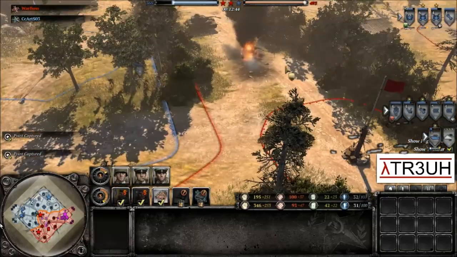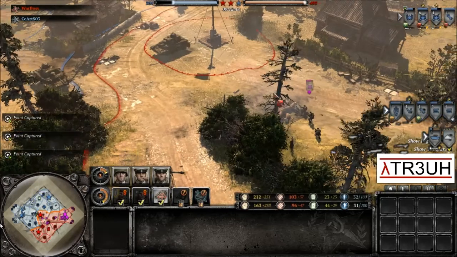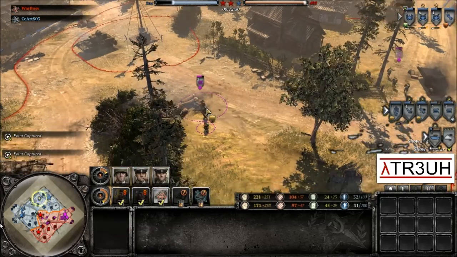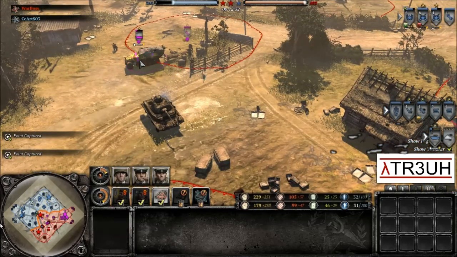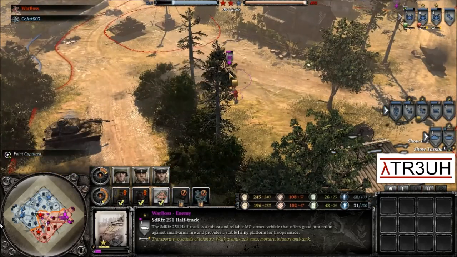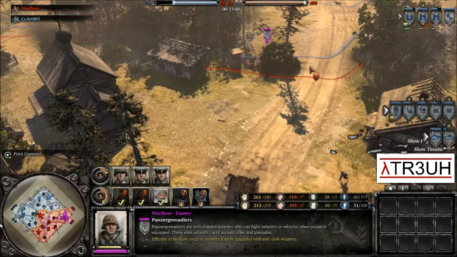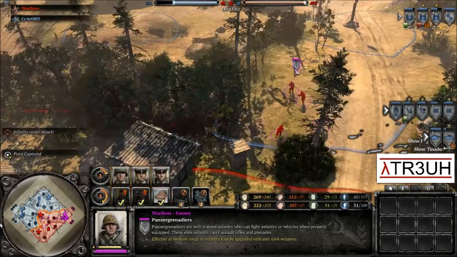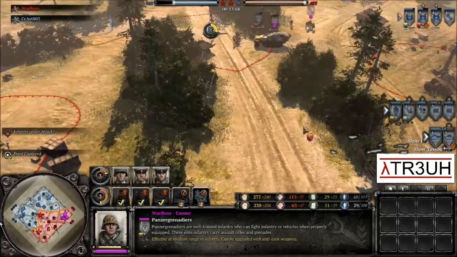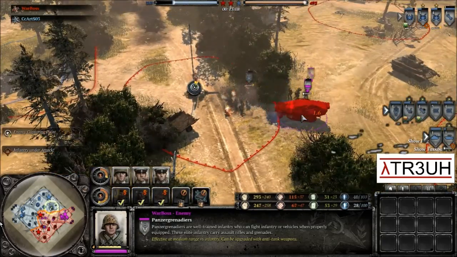That T-70 was providing him the shock that he needed to get some foothold on the field. It was going to be able to counter that half-track. It almost got it actually, and it would have taken out these machine guns. And unless he got Panzer Schrecks on these Panzer Grenadiers, there wasn't much he was going to be able to do. But now, it's going to...